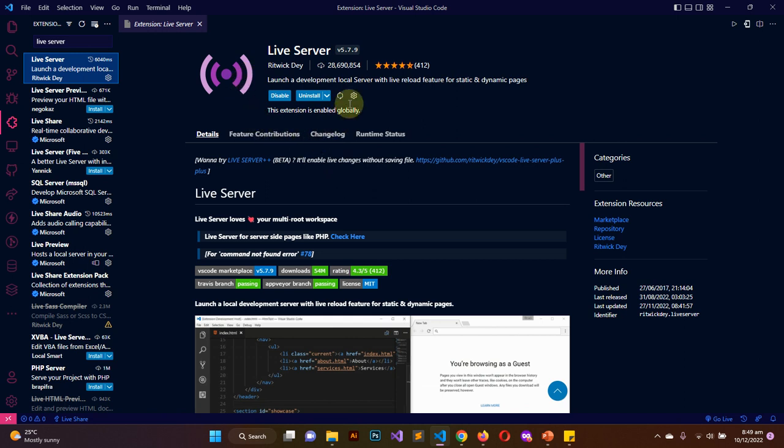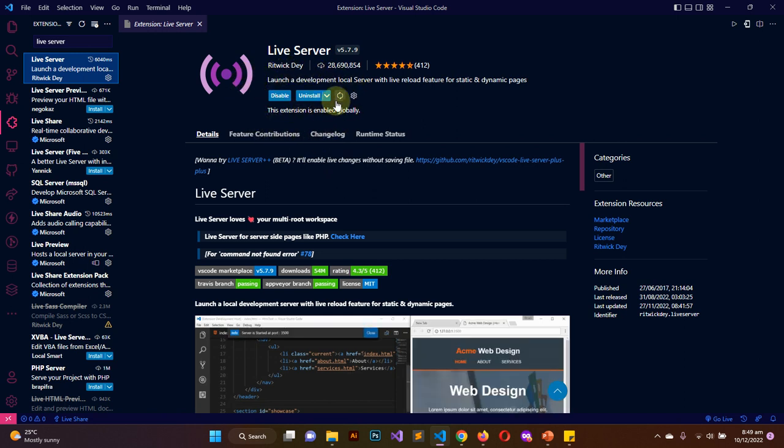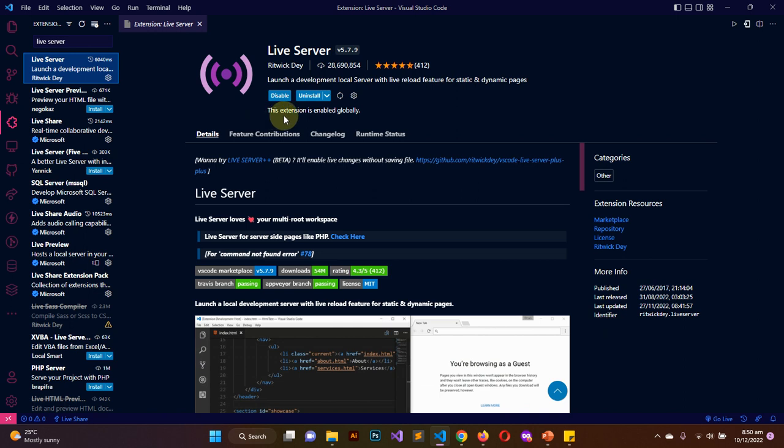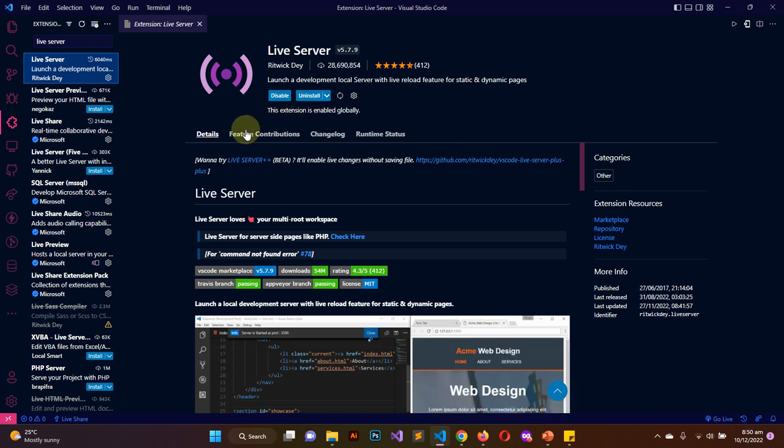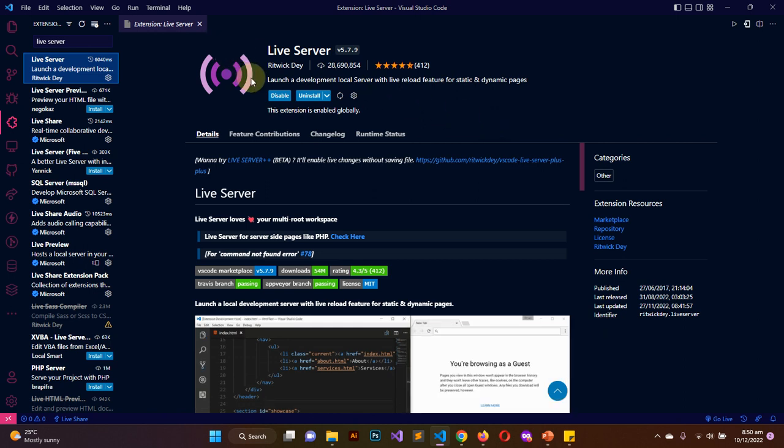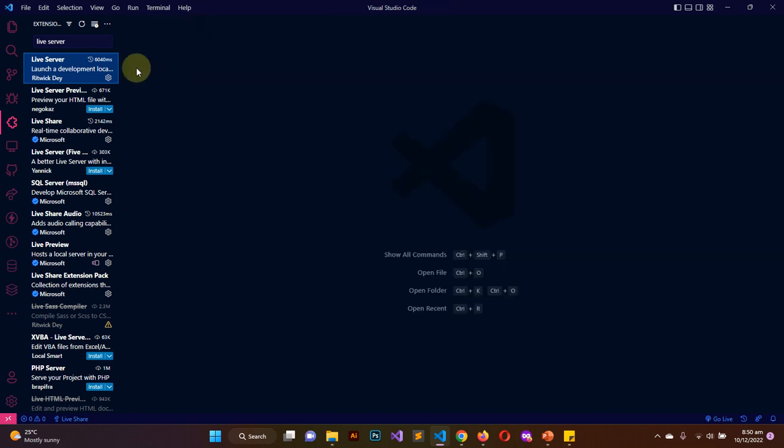So you are going to hit on install. I have already installed it, so you can see that there is a button for disable and uninstall. For the first time, you are going to see a button called install. So you just have to hit on that and wait for the installation process to complete. Alright. So when you are done with that, it means you are set, and then we can begin to do